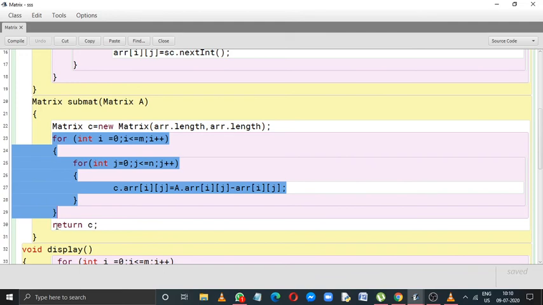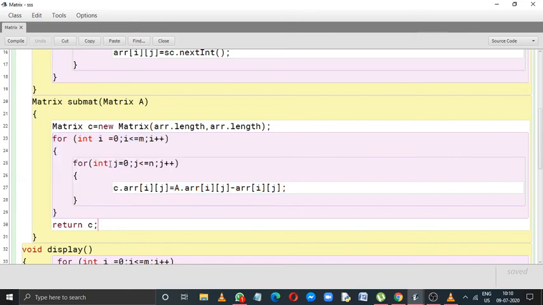Then the next statement is to return the result, because from the main function we cannot directly print the value of C, as C's scope is within this function only. As you can see, we have declared this variable C within this function. Now what we can do is return this object.